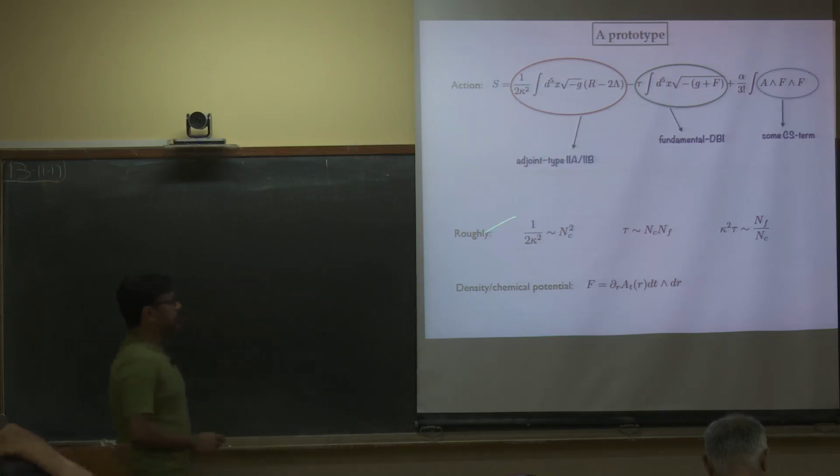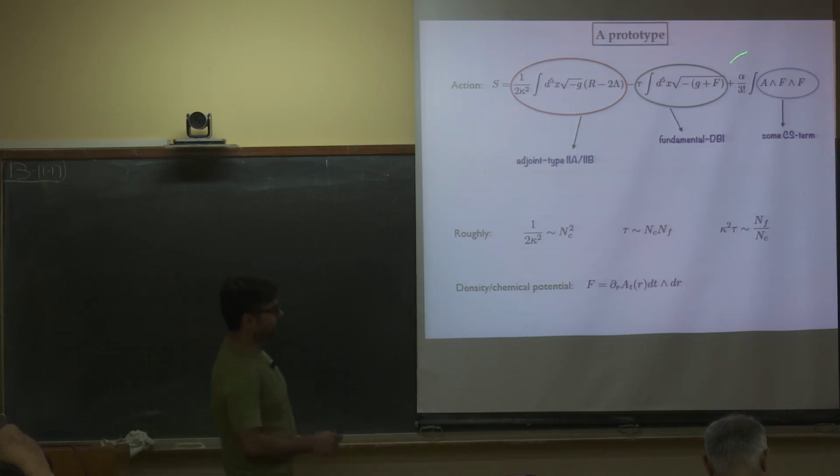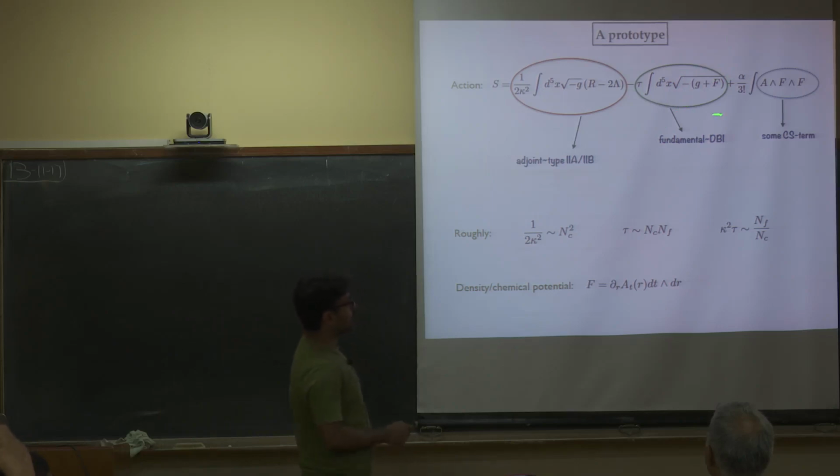So suppose you want to capture that within standard holography, meaning the Einstein gravity plus matter. What I could do is, forgetting about all brane, supergravity, etc., I can strip things down to a very simple-minded description, in which I have essentially the Einstein-Hilbert action in 5 dimensions, and I have a piece here which is this Dirac-Born-Infeld type. So essentially you can think of it like being generated by some brane that you may have in the 10-dimensional full picture, and of course you can have some Chern-Simons term as well.